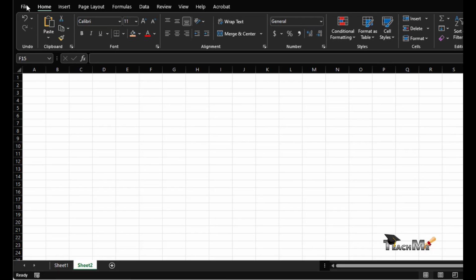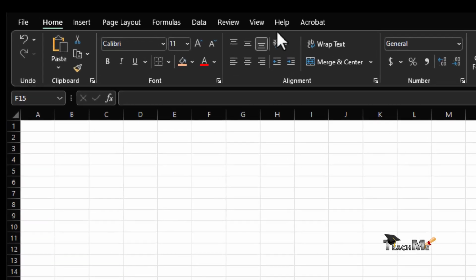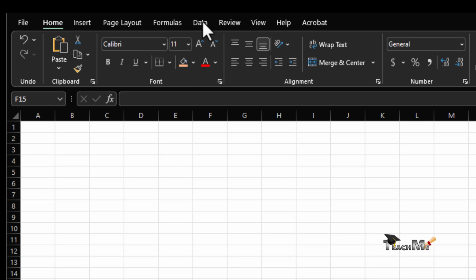Open up Excel. As you can see in here, I don't see any developer tab. So the developer tab is there but it's hidden. So how do you make it available for you? In order to do that, go to File,